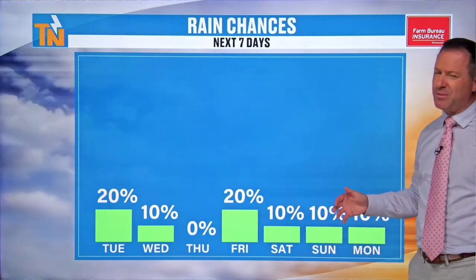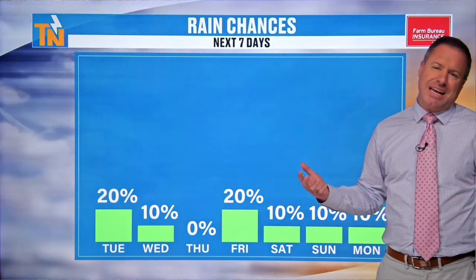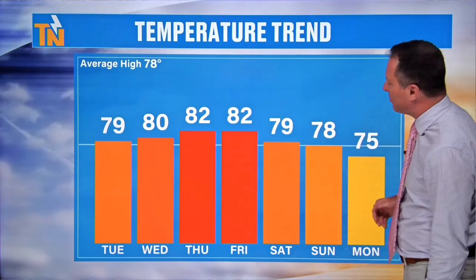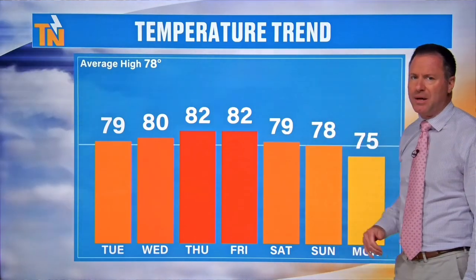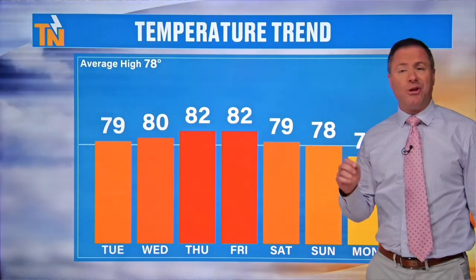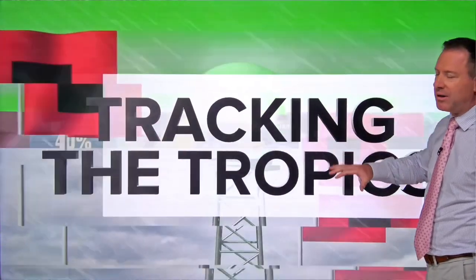I've added a 10 to 20% here or there due to the fact that we've got some disturbances, some waves, but again, just not going to add up to a whole lot of rainfall. Temperatures come up though as that ridge builds on in. We'll be at or slightly above average as we round out the week. And then we're going to be trending even cooler and drier as we get into next week as another cold front ushers in some more fall, more autumn-like weather. Fairly average weather expected here through the middle part of the month, so no extreme heat or cold air masses